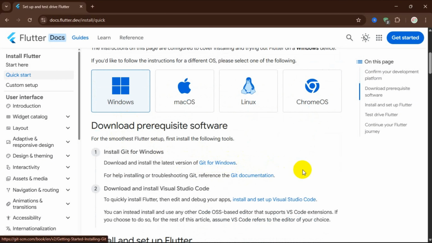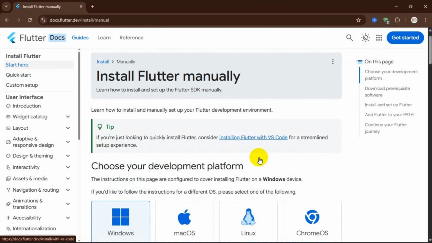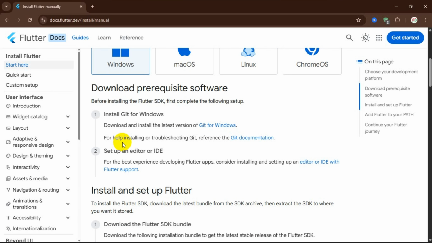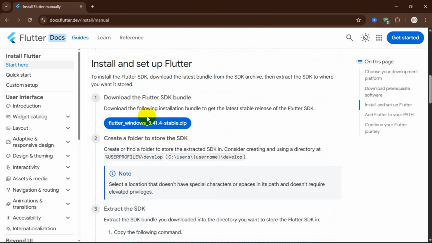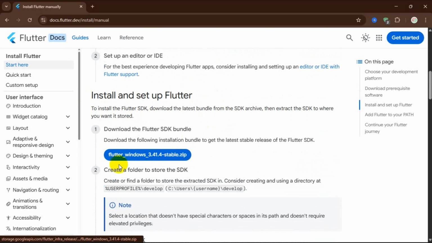For Git and Git documentation installation. Scroll down, here is the installation setup, Flutter download manually. You click this install Flutter manually, and again select the Windows version, and now see the installation setup for Flutter. Here is the Flutter SDK. See, download the Flutter SDK. Click this button for downloading,